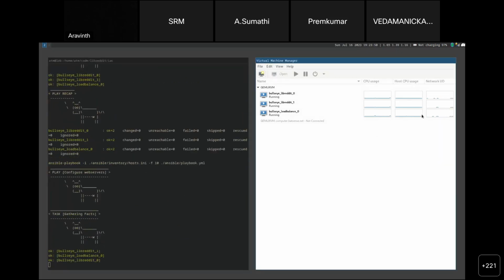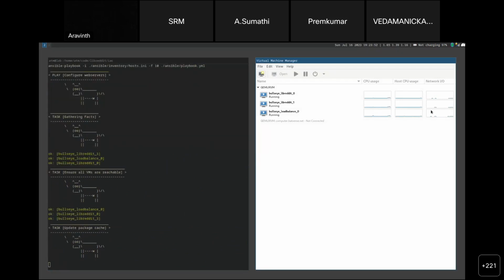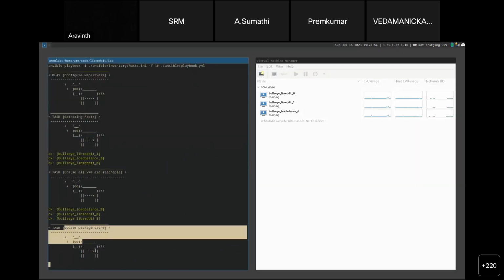Now if you look at the network, it will spike in a moment. So now it's running the equivalent of apt update.